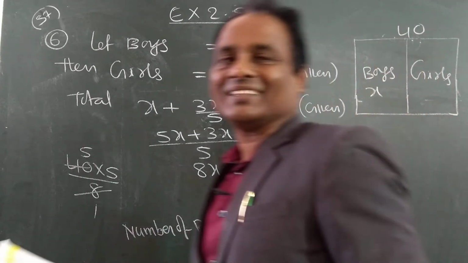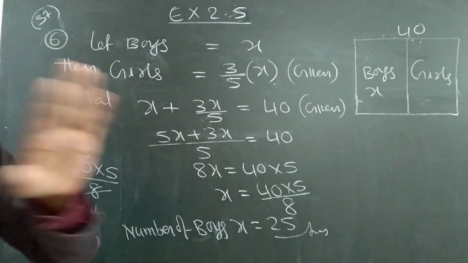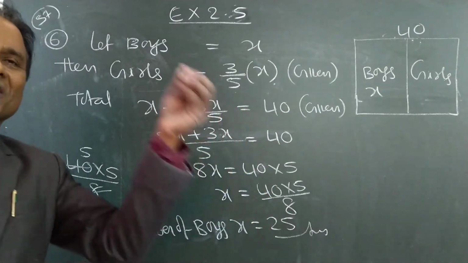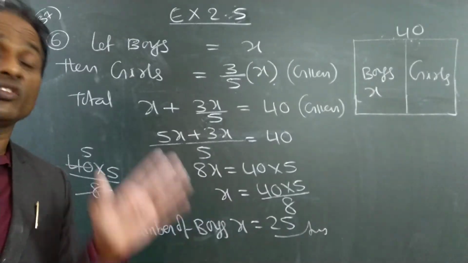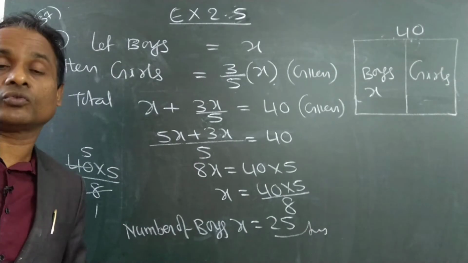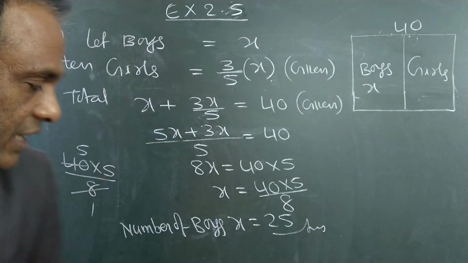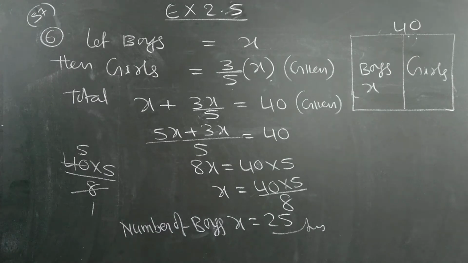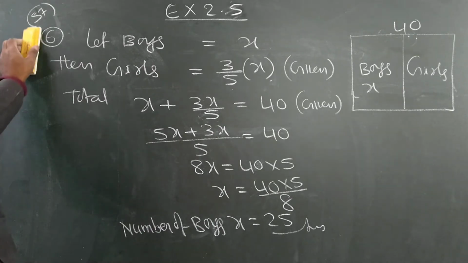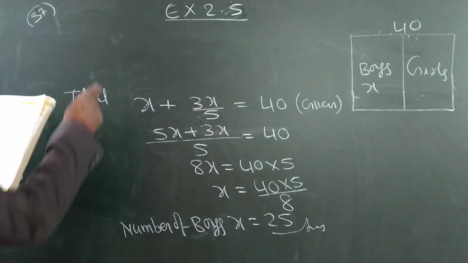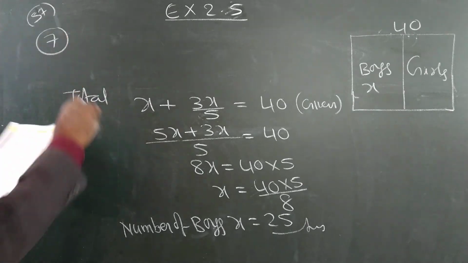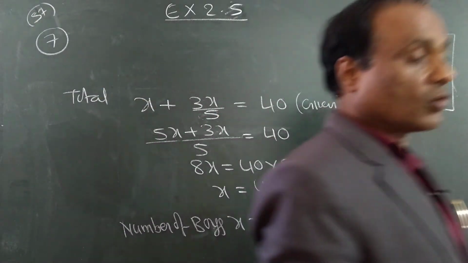Read the 7th question. See, question to question it is different. There is no rule. First question different, second question different, third question different. A lot of confusion. So you have to practice many times to get the concept. Generally in any chapter, all the problems will be on one formula, one same concept. But this chapter has different problems, different models. There is no particular rule or formula for the problem. This is a very difficult chapter, you have to practice it, and of course tomorrow we will complete. So read the 7th question.